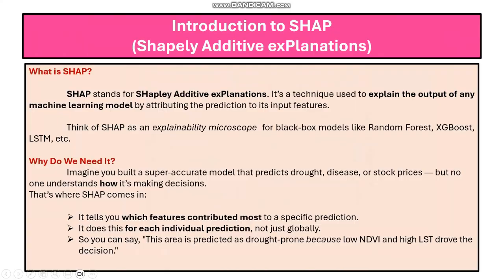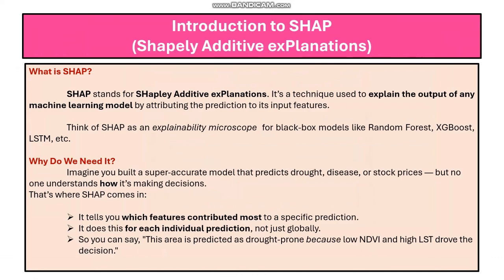Hi everyone, this video is going to be an introductory video to SHAP analysis. So what is SHAP? SHAP basically stands for Shapley Additive Explanation. It's a technique used to explain the output of any machine learning model according to the prediction of its input features. So you can think of SHAP as an explainability microscope for black box models like random